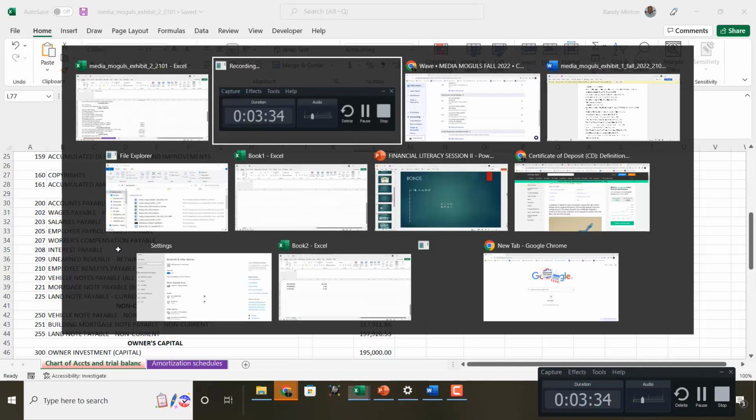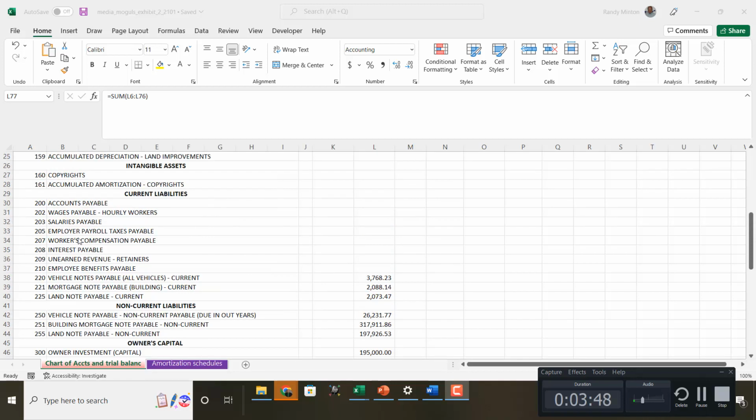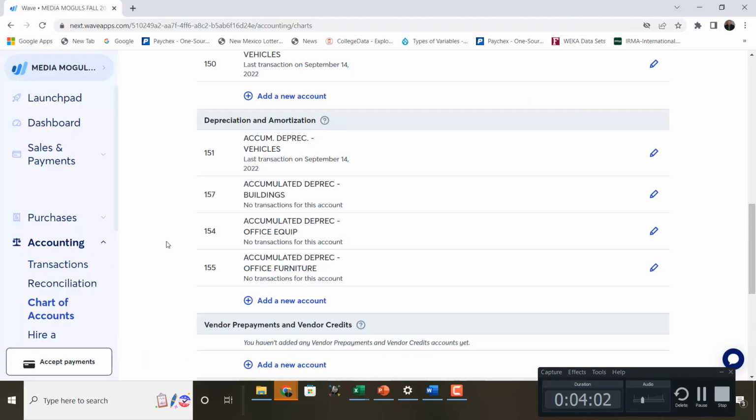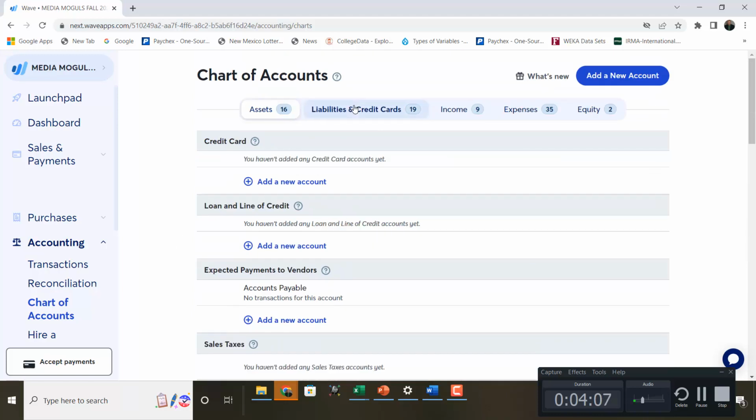Okay, and if I come back over to this one, we've already added all of these down here. From here down to here and capital, we've already added those. So you don't have to put those back in, but all of these up here, go ahead and put them in and just use the account numbers, excepting accounts payable, because we do those in a different way. So if I come back over here to Media Moguls, you should be able to see when we look at the liabilities and credit cards,